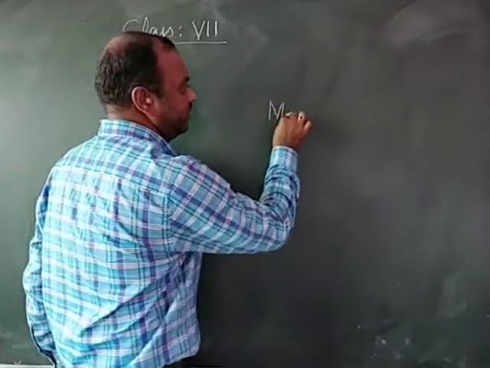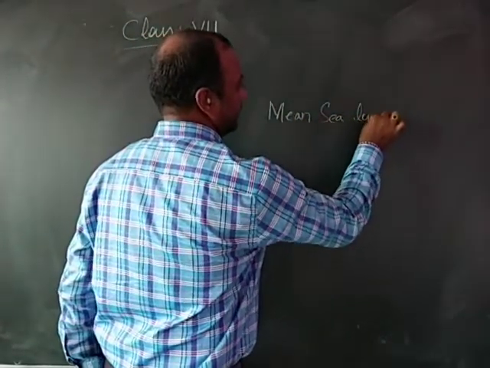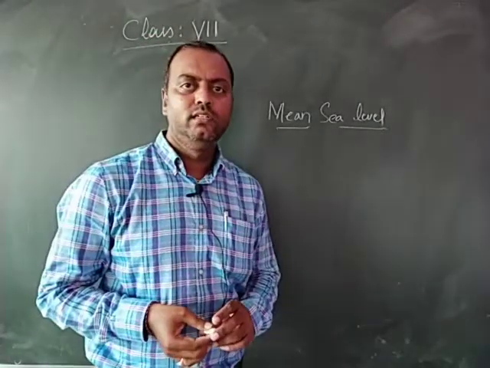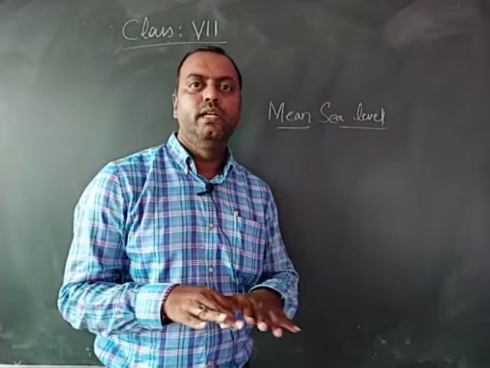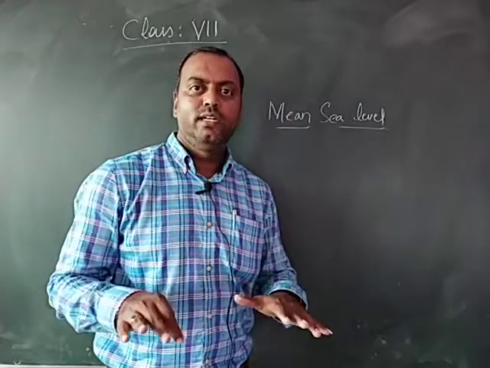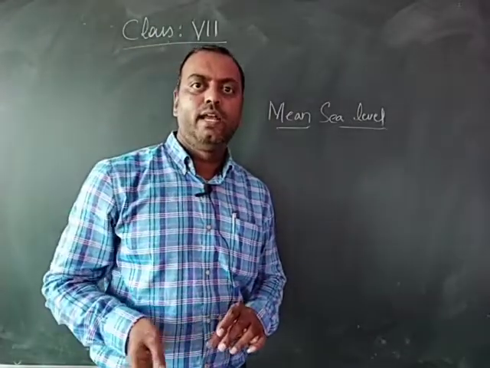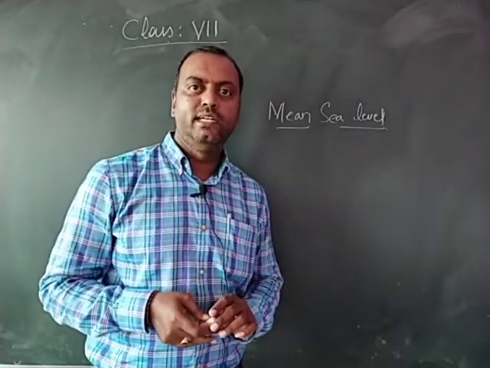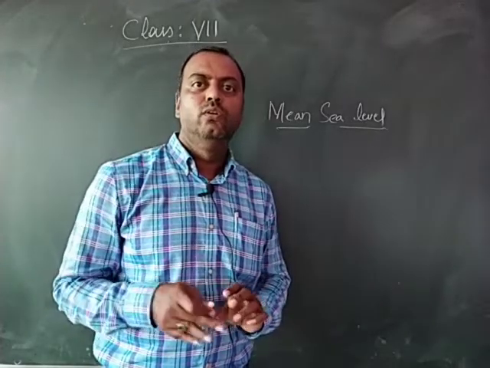This is what we need to discuss in detail now. It's the mean sea level. As you all know, children, the sea level all over the world remains uniform, remains the same. But sea water is never still. They rise and they fall. There are high tides and there are low tides. So which level should be considered as the mean sea level or the zero level?